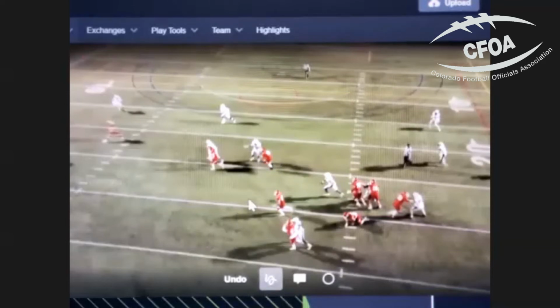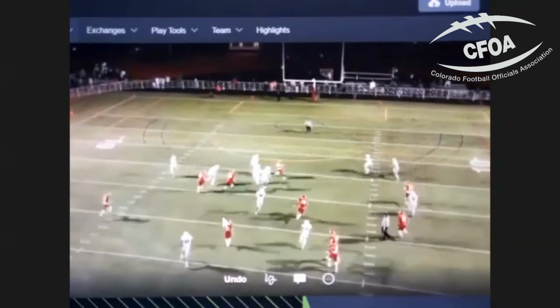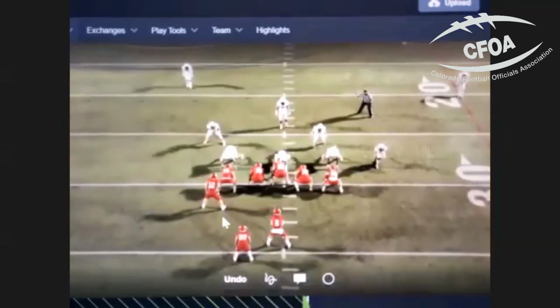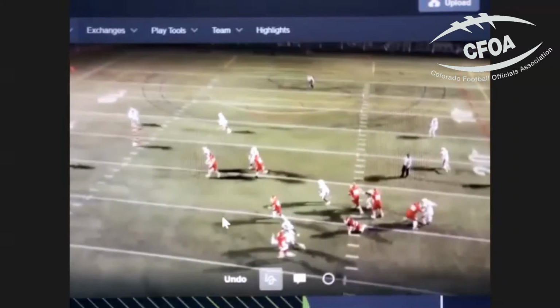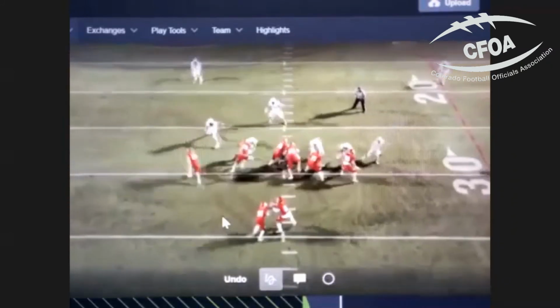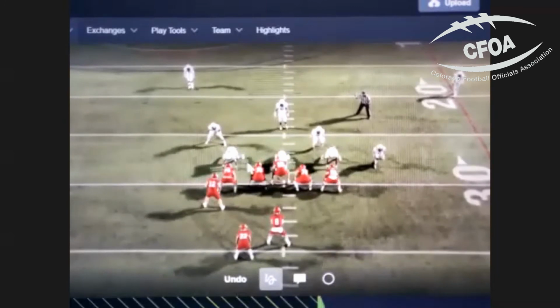This is why we went to sometimes doing a pin pull where we pull the uncovered. In this situation, he should have been given a pull call where he would have pulled to his right and tried to get to the Mike linebacker. Pulled around here? Yep.